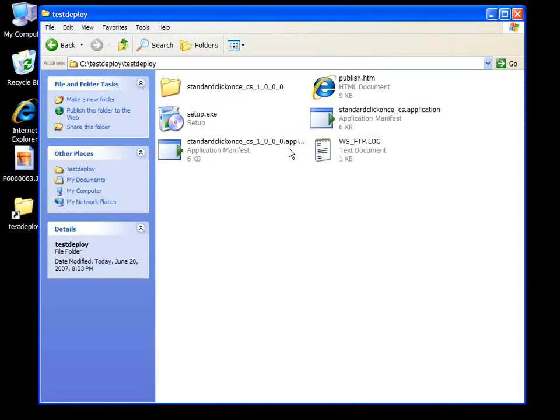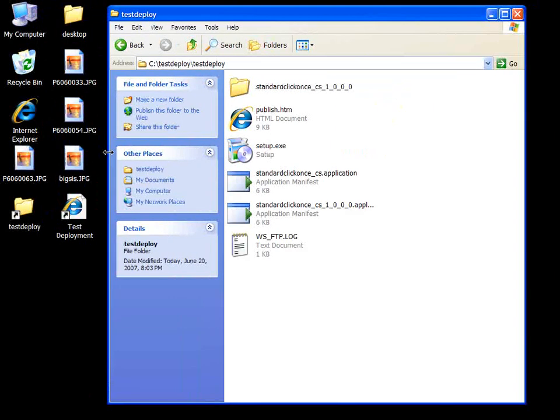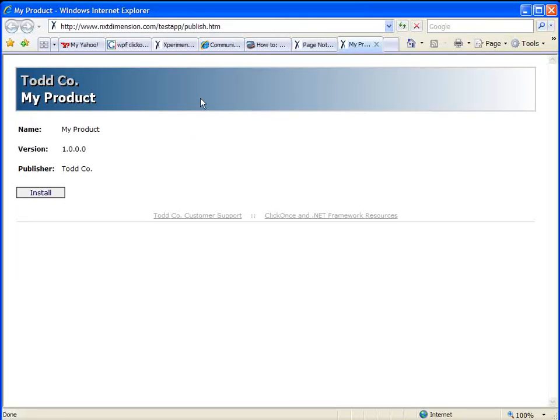Alright, so with the wave of a magic hand there, we're going to deploy those out to a web server. And we're going to go out to that web server and let's take a look at what this looks like. Alright, so here we are. I've gone to the location that I said I was going to use as the installation location, and here's our